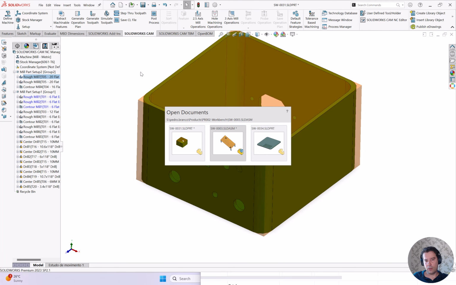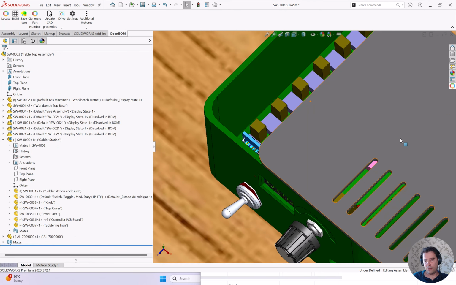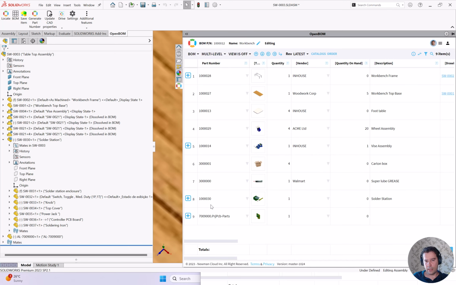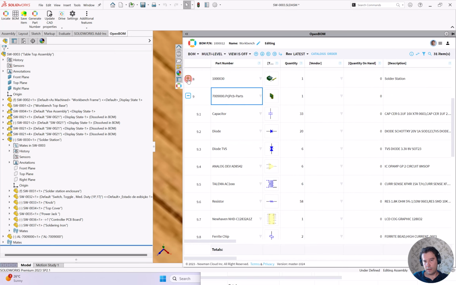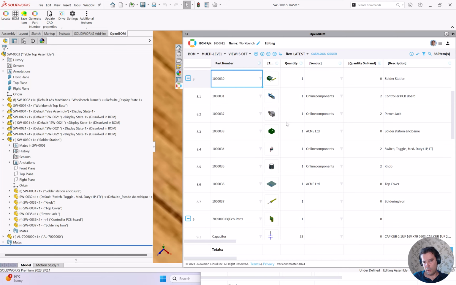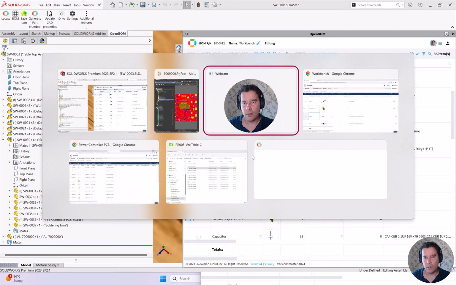So let's move back to the top assembly and see the full BOM from here. And you can see that you have access to the engineering BOM there, the ECAD BOM over there. So you have a full integrated bill of materials from MCAD and ECAD, and you gain time. At the same time,